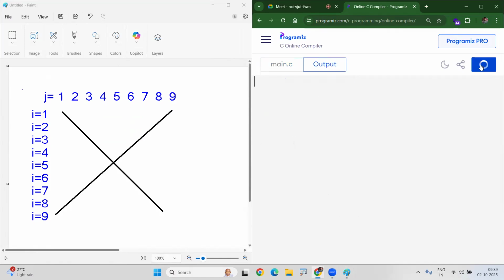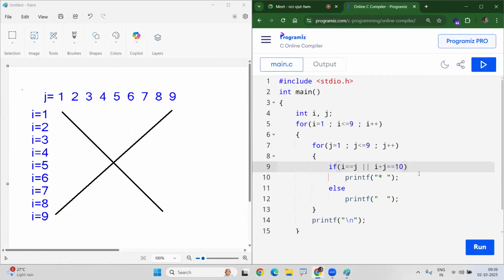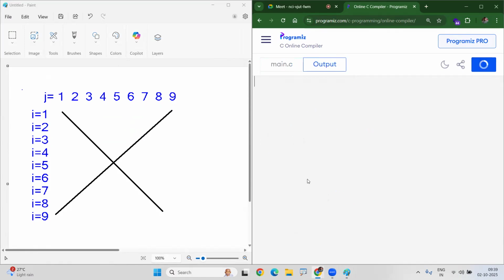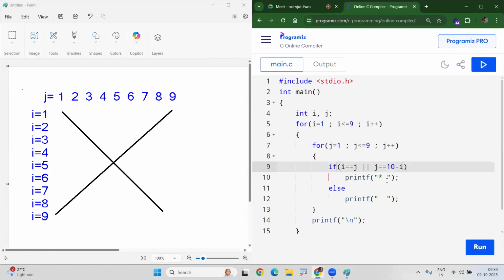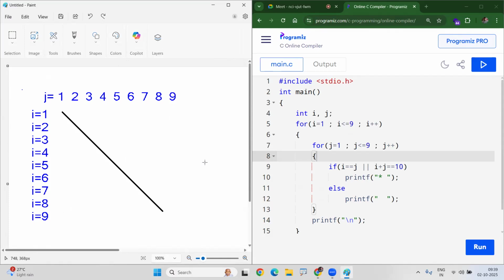Like that, we just create the expressions and display. I plus J equal to 10, or I equal to 10 minus J, or J equal to 10 minus I, anything will work. It's almost the same output, will not change. Just like maths, expression creation, that's easy, you can understand. Got it? The next one is,